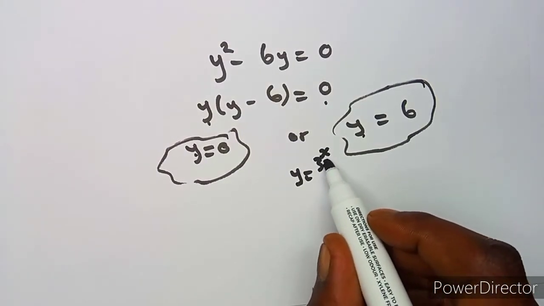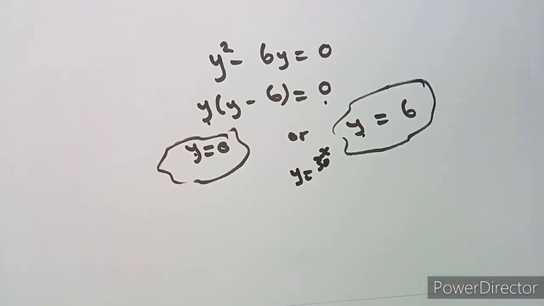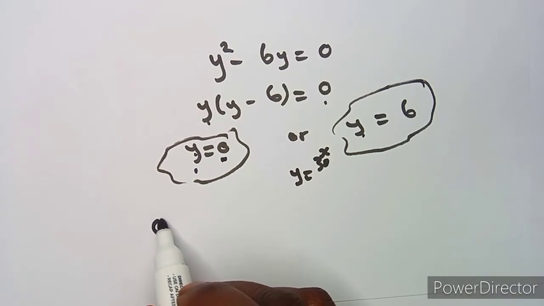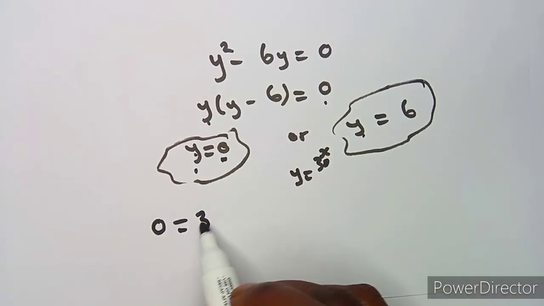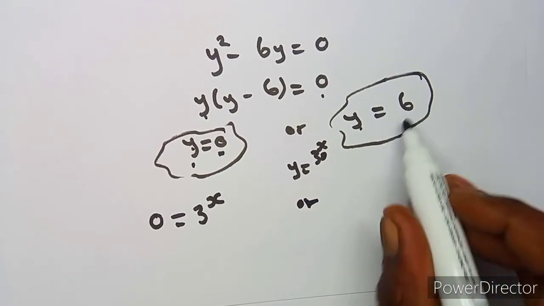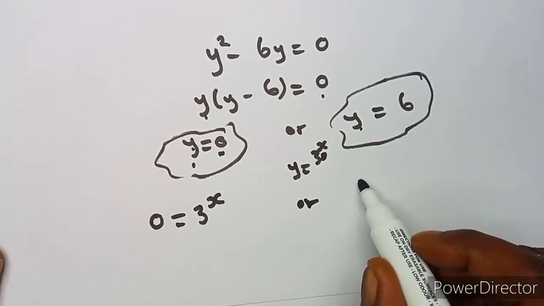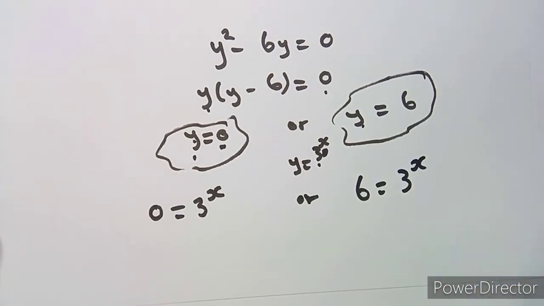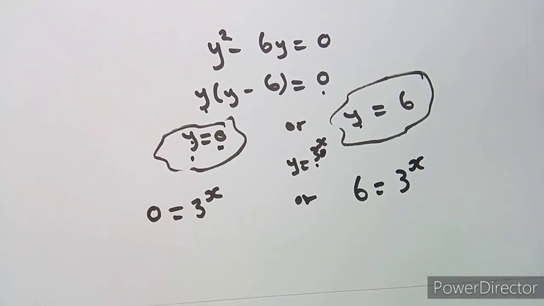So if our y is 3 to the exponent of x, here I'm going to equate this 0 in place of y to 3 to the exponent of x, or here I'll introduce this 6, which is the value of y, equate it to 3 to the exponent of x. So I'm now back to those normal equations that we had previously,